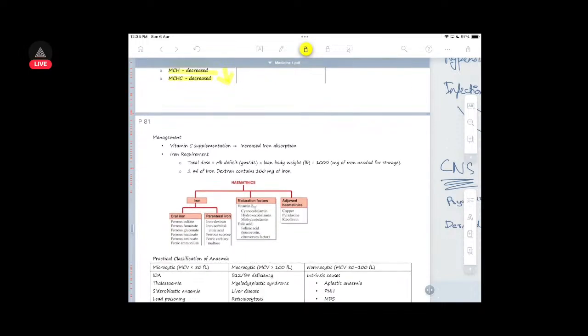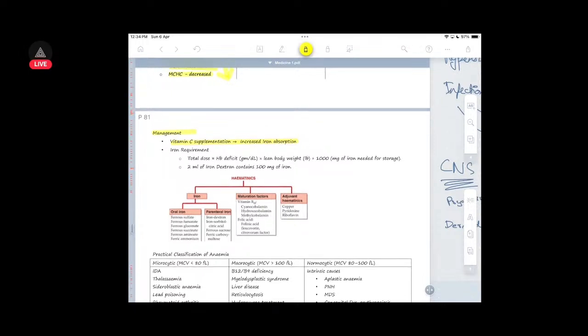Okay, so management: you can give vitamin C supplementation, which increases the iron absorption. Iron requirement: you can calculate it as a total dose, deficit times